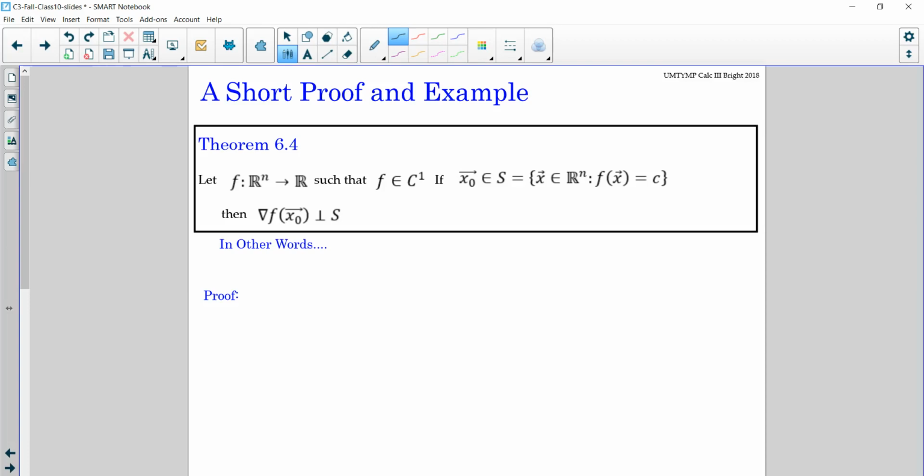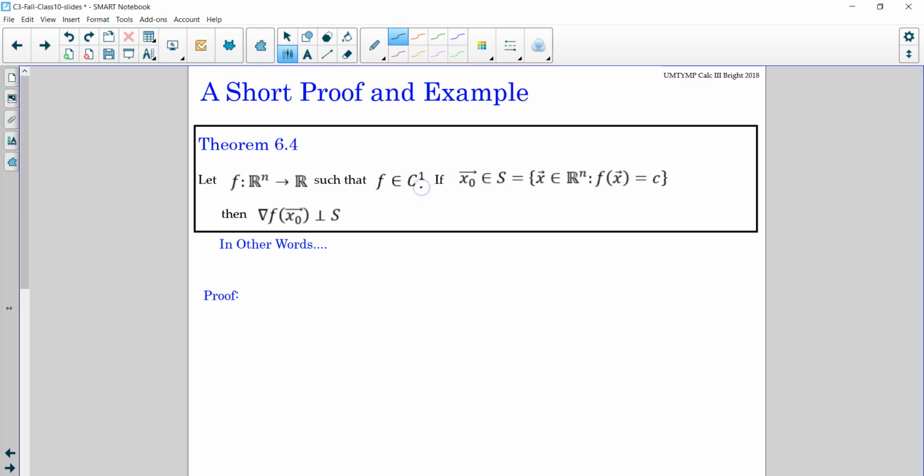The last video for directional derivatives is going to be a short proof and then an example after. Okay, so this theorem actually just formalizes what we saw in the last theorem about level sets. So if we have a function and it has continuous first derivatives, so that we can do the gradient and whatnot,